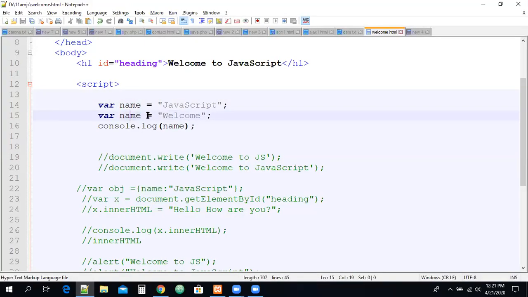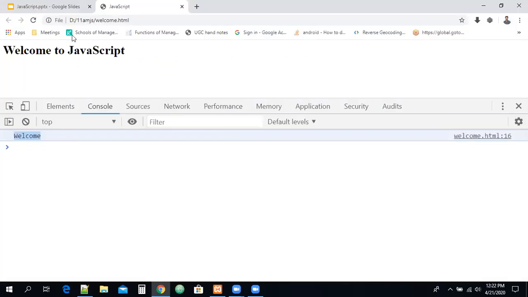Now, one more situation, observe this carefully. Now I have a variable called name. I'm not assigning anything to this variable called name. If I print this, can anybody guess what my output is? There is no value for the variable called name, but above we have some value called JavaScript. In the second line, I declare the same variable, but no value is assigned. If I print this, what is my output? I'm just checking in the console. Can you see? We should get something called undefined.